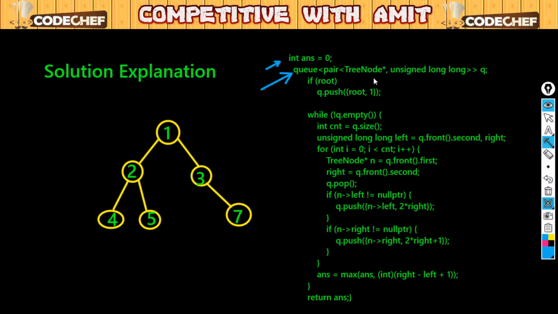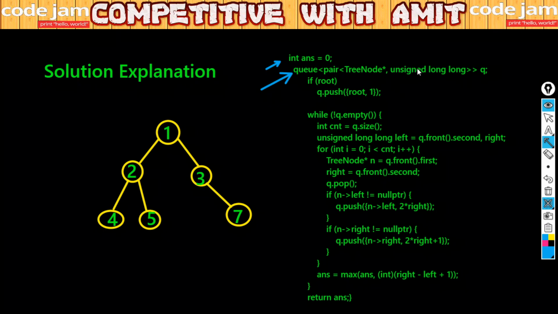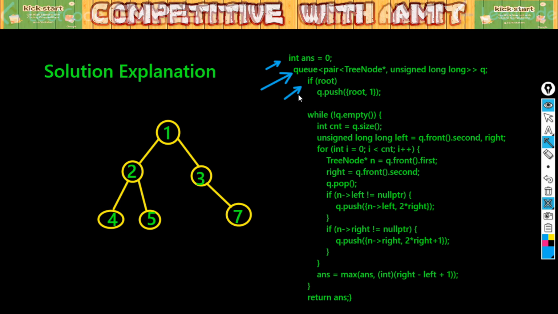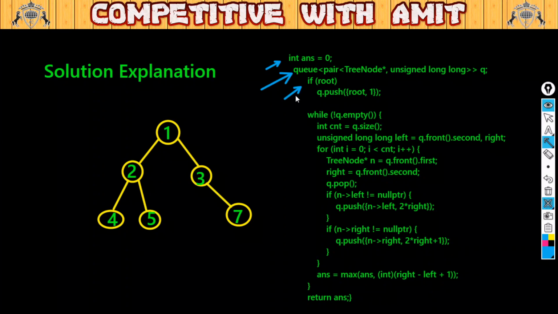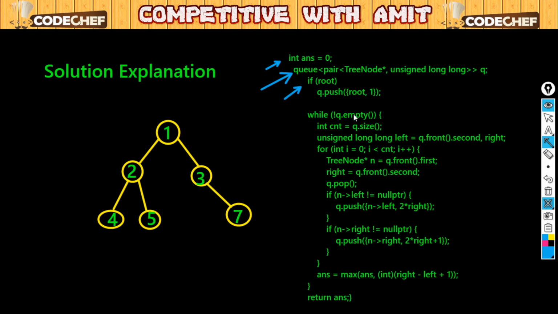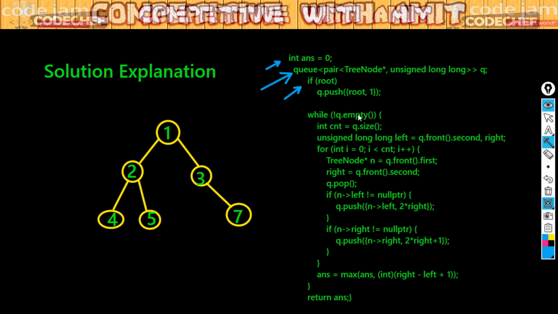In this we have a pair: first the node itself, and second the value which we will calculate. Now we are checking if the root has some value or not, meaning whether the root is null or not. If it is null, then it will not push back, and it will check whether the queue is empty or not. If it is empty, then it will